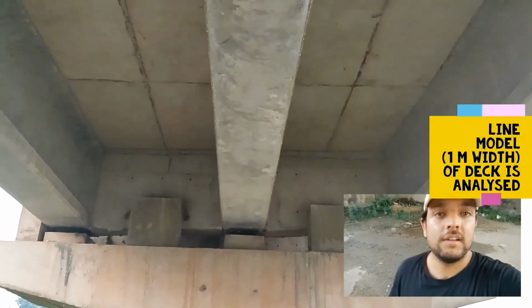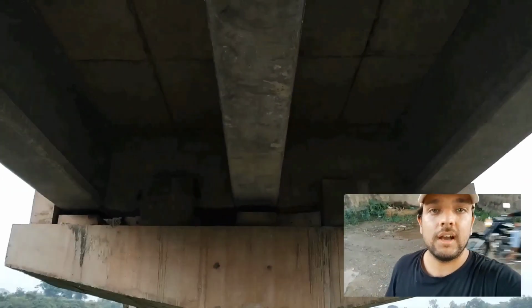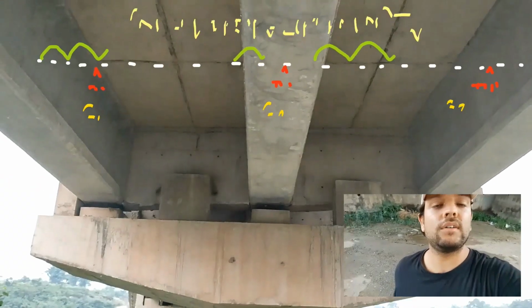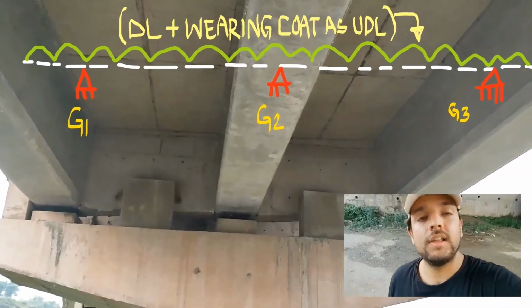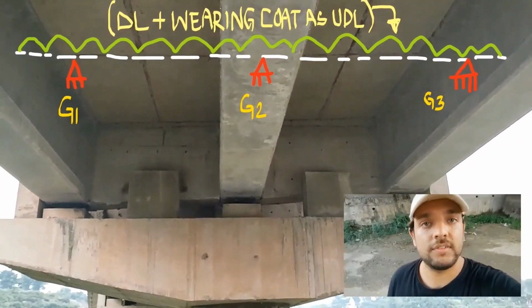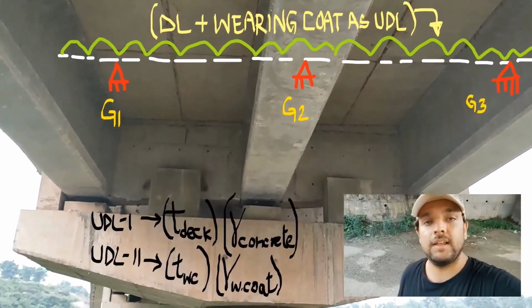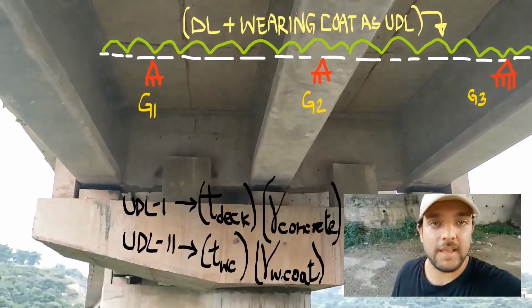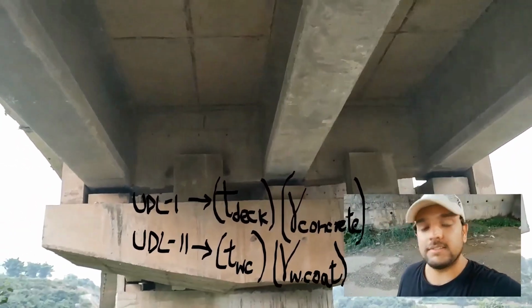Over this deck we basically apply the loads of superimposed dead load, which in most cases is the wearing coat only, and also the dead load of the deck slab is applied in UDL form. And how do we do so? We simply consider the thickness of that deck as well as the thickness of the wearing coat and multiply them with their respective unit weights, and considering per meter span analysis we design this deck slab spanning just like a